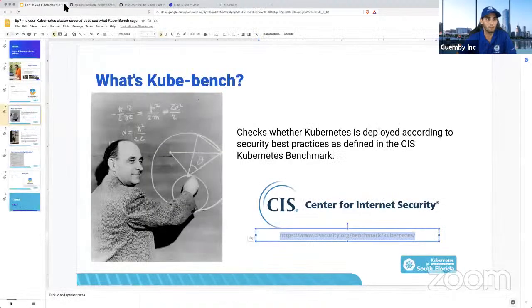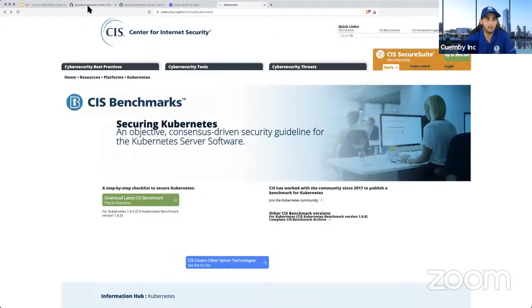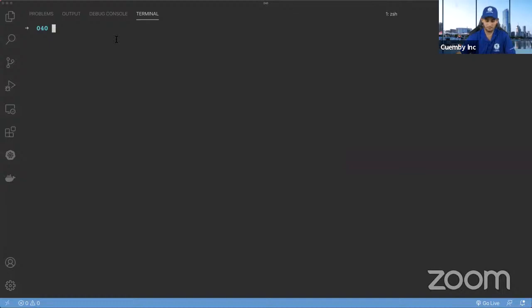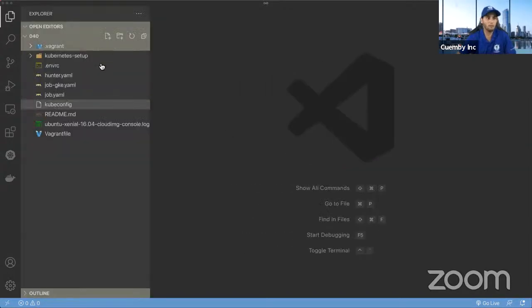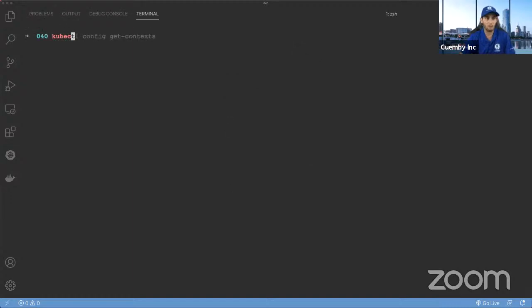I'm going to be watching the chat just in case anyone has questions. So let me now jump into the code editor. There you go. All right, so what we're going to be doing now is something very, very interesting. I'm going to test this out in a couple of cloud providers and then one local. So right now, let me just see what I have here.